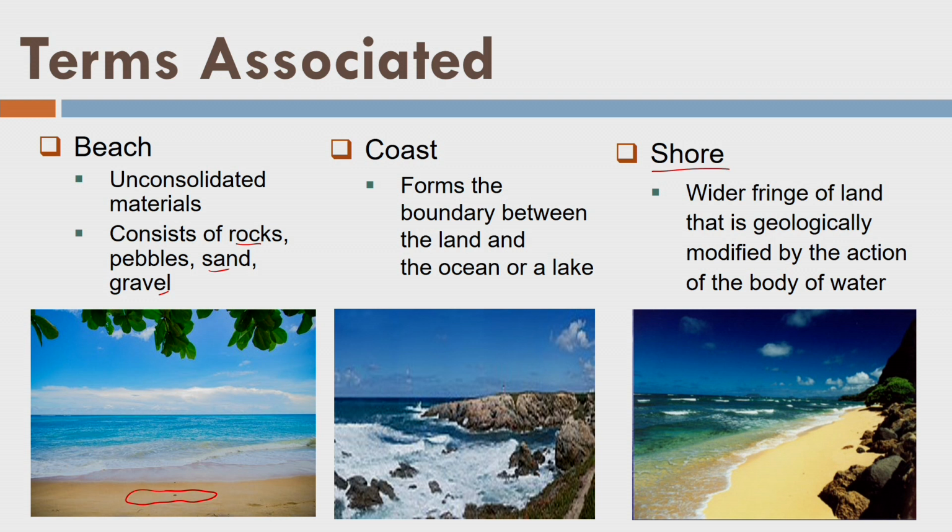Okay. If you see the movement of the water, what will happen? Water tries to reach the land and tries to disturb some of the features on the land surface. For example, it tries to first of all disturb the available sand, right? It tries to change the island shapes. Shore is the wider fringe of the land that is geologically modified. That means if there are some small rocks, they are moved or again they are brought back by the water. And that is why the line which is created by such a phenomenon is called shoreline.